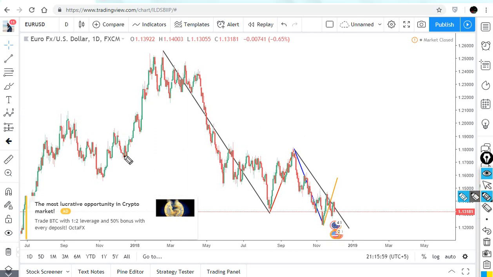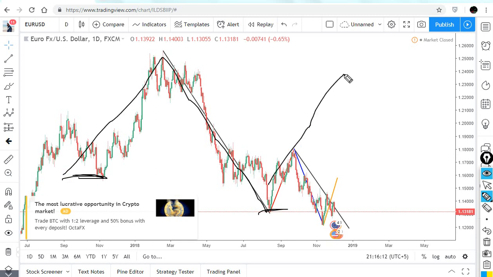But how is it possible that if it's a wave A and it's a B which is not meeting the rules, it's overlapping here, so it's not going C like this, right? So are you getting my point? If you are